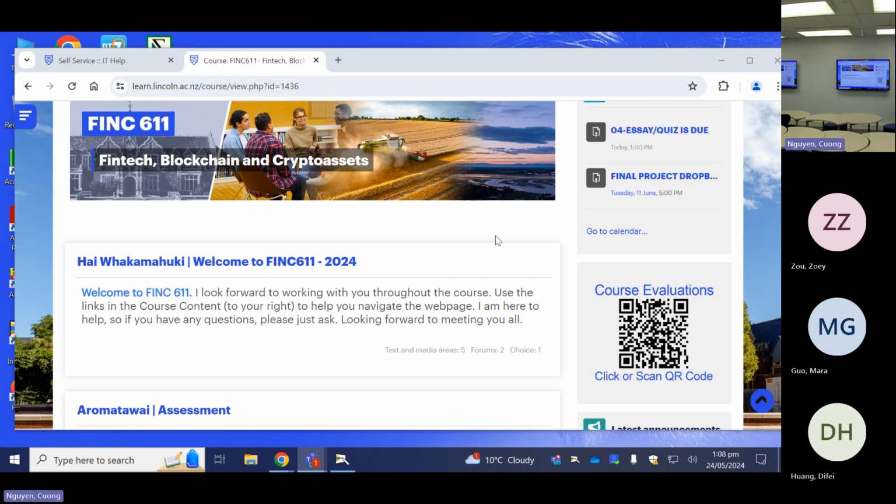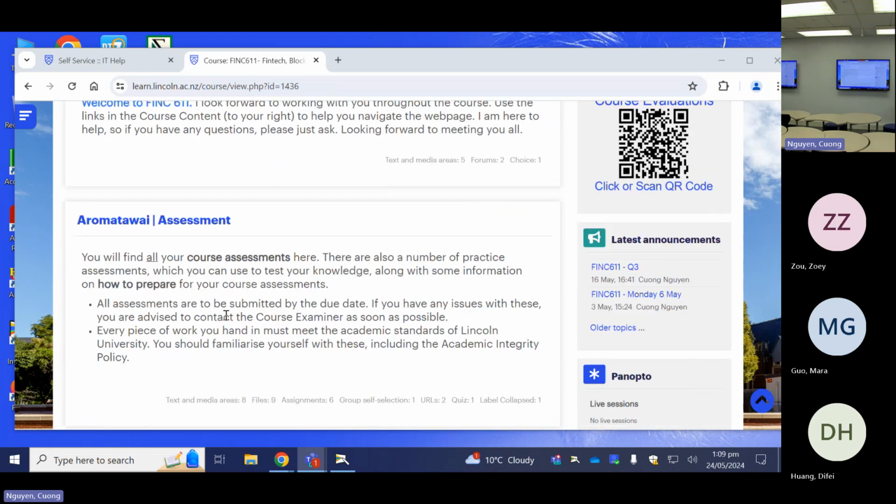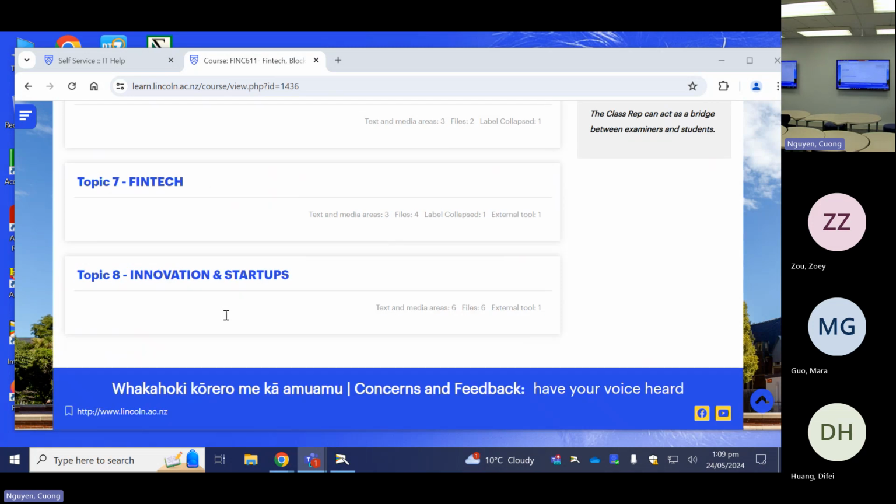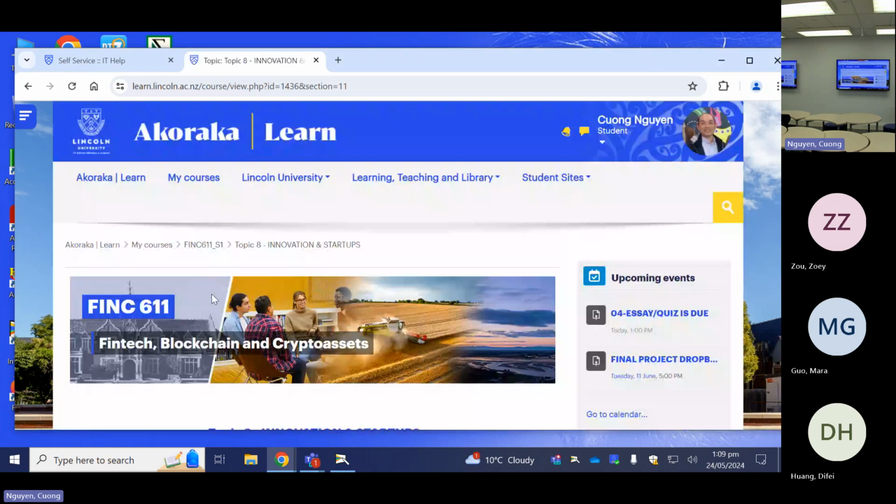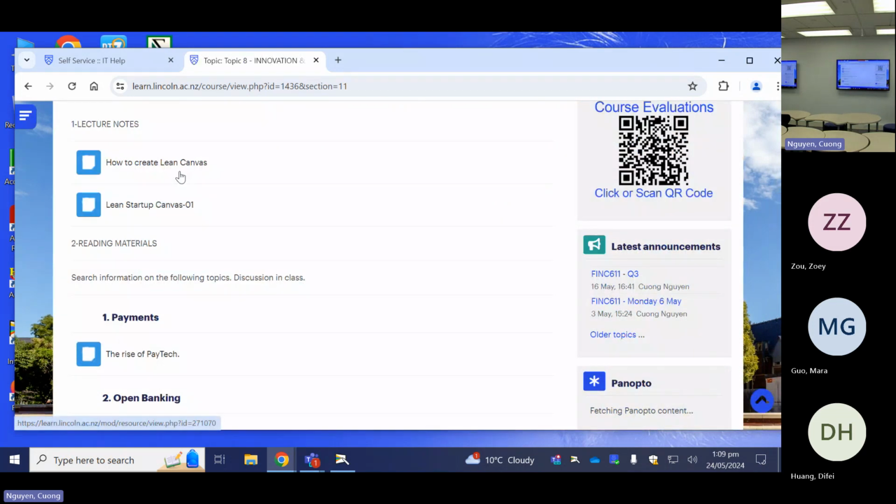All right. So in the previous lecture, we already had a look at the pitch decks for a fintech startup, or a startup in general. And now we will take a look at Canvas. Canvas means the business model. Remember that I already posted a very detailed explanation and techniques for you to work on a certain business model with Canvas.